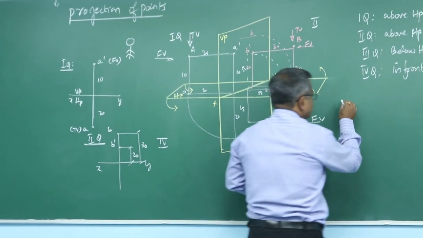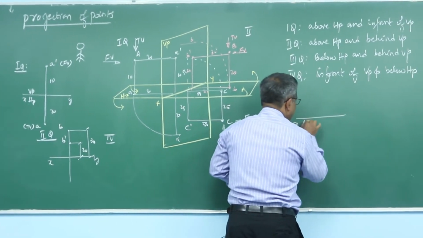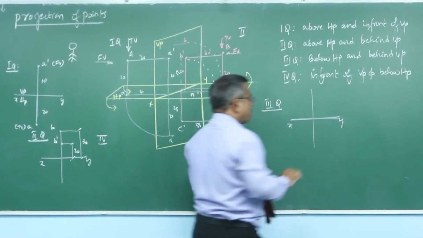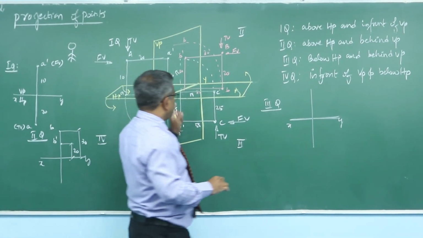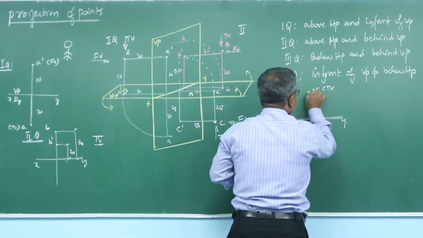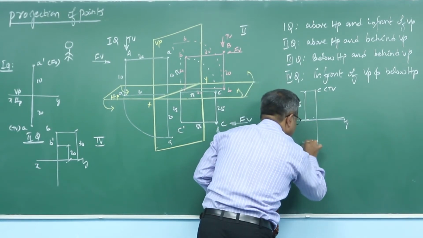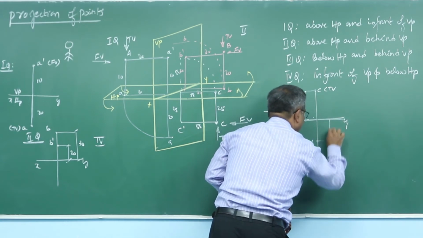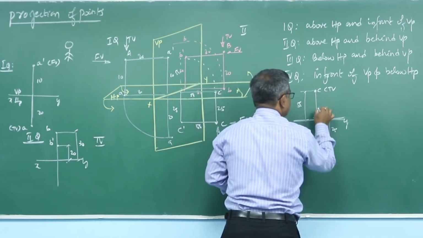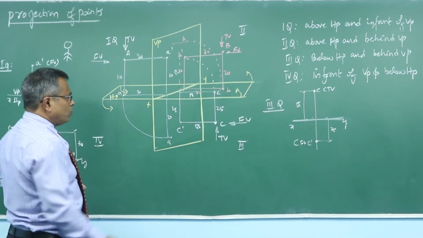Observe here. In case of the third quadrant, if a point lies in the third quadrant, how do we draw the 2D drafting? Very simple. You draw the XY line as usual with medium pressure and draw a very thin projector exactly perpendicular to the XY line. On this vertical projector, you mark C, called top view of the point, at a distance of 55 millimeter above the XY line, and mark C dash, called front view, at a distance of 25 millimeter below the XY line. So your top view C is 55 millimeter above the XY line, and your front view C dash is 25 millimeter below the XY line.